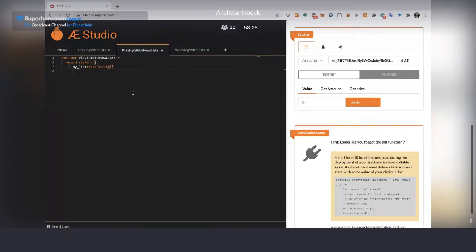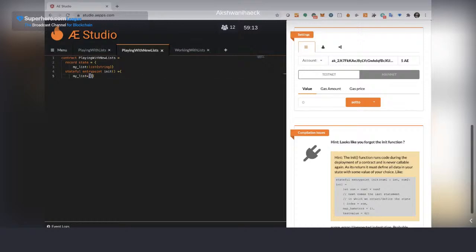And of course, I will need to start my contract init. I will start. Here what I'm doing is returning the state. So the structure information I can see here is going to be the state the way it was defined. In this case, I will start my list with an empty list.